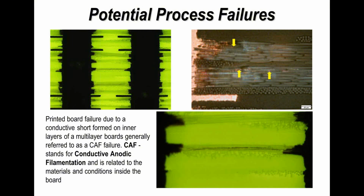And what is happening is a conductive path is growing through the board along the glass layers or glass bundles. This is because some plating solutions have been left inside the board or have been allowed to migrate through the board over time. Now this happens with high temperature, high humidity, high voltages, and very, very close spacings on plated through holes or vias. Not all companies suffer from this particular problem, but it's something to be aware of. This is called conductive anodic filamentation, or CAF for short, and there's a lot of investigative work that has been conducted